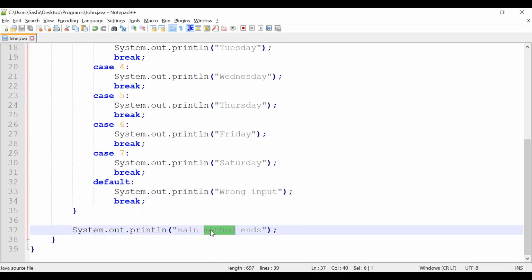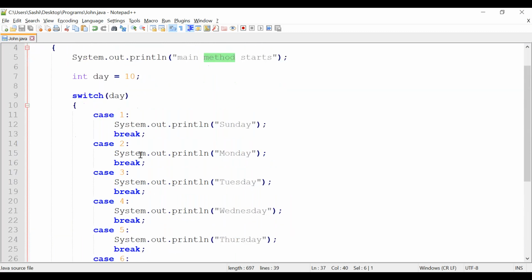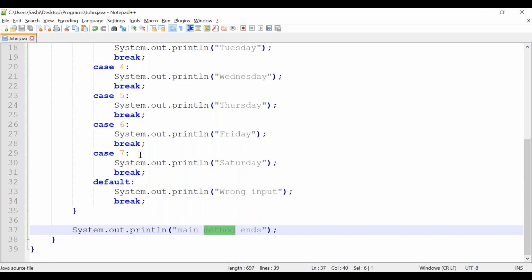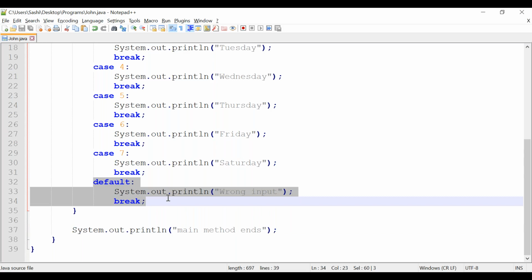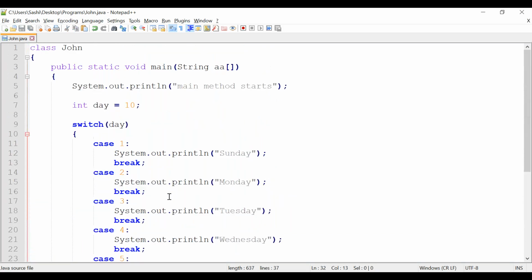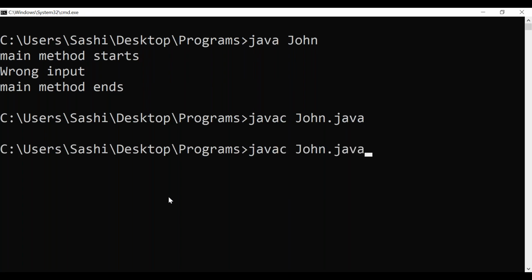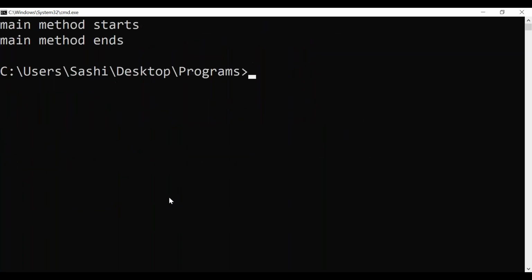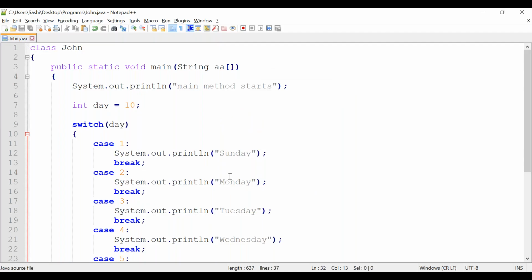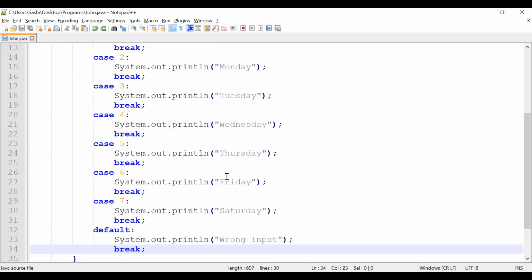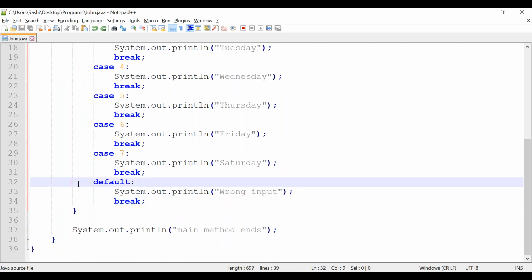So we need the default statement whenever none of the cases are met, then the flow will go to the default statement. Now, default is optional. Either you can remove it, but if you don't give default, what will happen? Nothing will print. Correct. So it is always recommended to give a default statement even though it is optional. See here, nothing is printing because you didn't keep anything inside default. It's not mandatory but good to have.